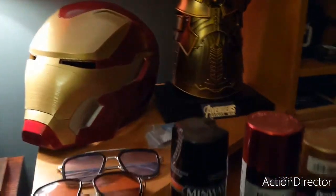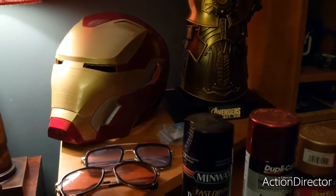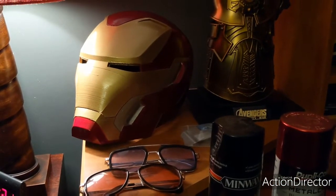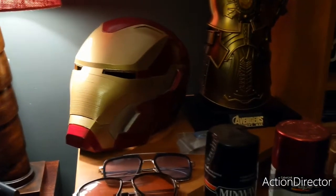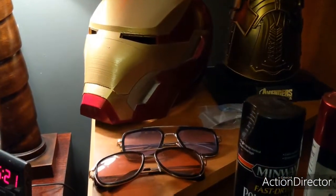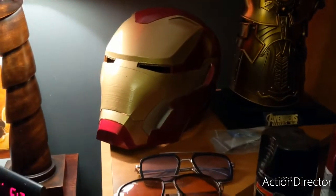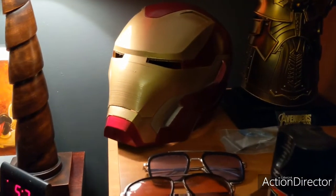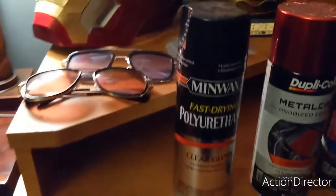So I took it, I was doing this in my garage at the time. It was maybe a little bit humid out there. I thought that might have been the problem. I took it inside, repainted the gold, repainted the Duplicolor clear coat, and it still looked bad. So I just sprayed the faceplate with gold again, got it back to its original look, and then my dad knows a guy at work who